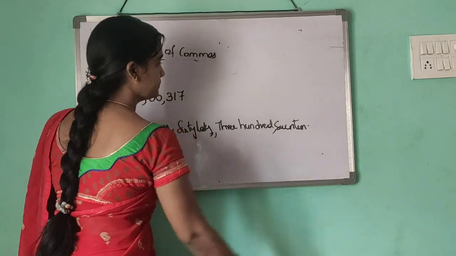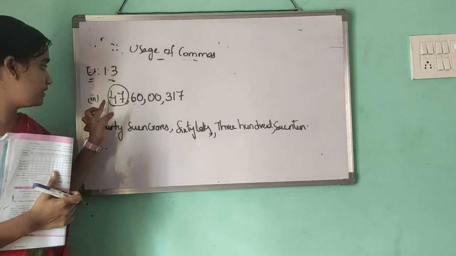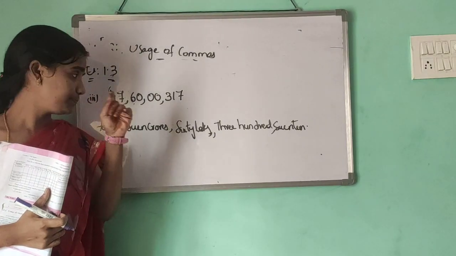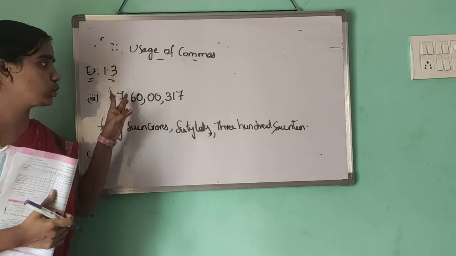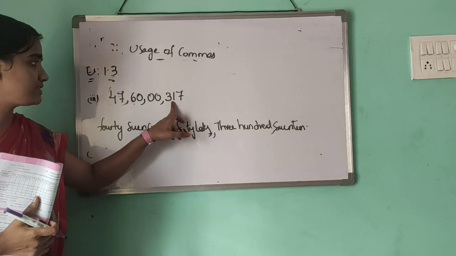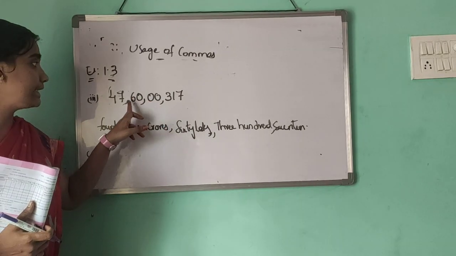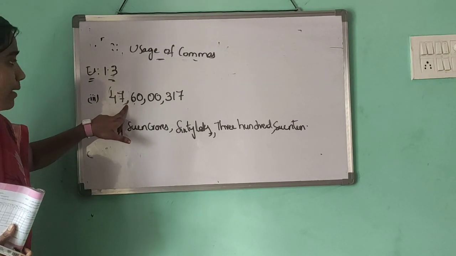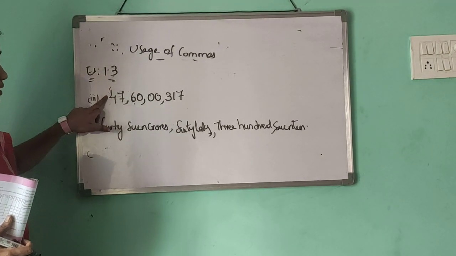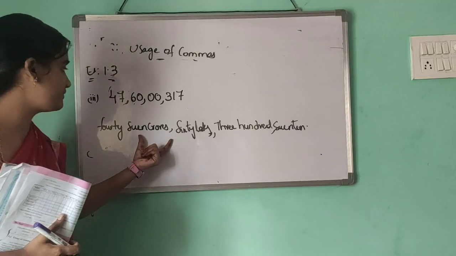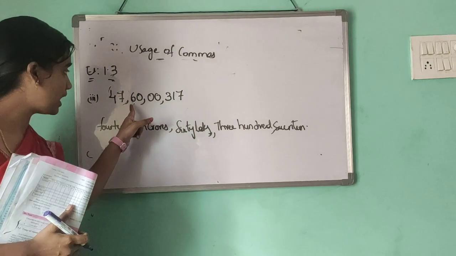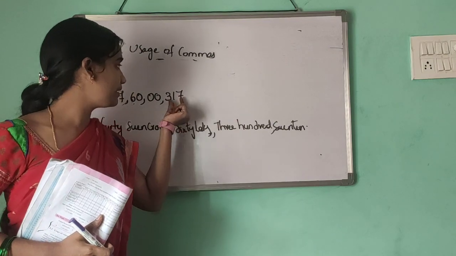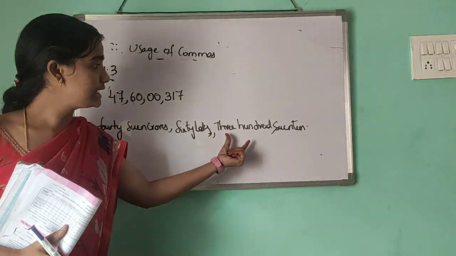317. Right? See, first we have to check the digits' places; in a large number it is easy to identify. The given number has a tens of crores place. So ones, tens, hundreds, thousands, ten thousands, lakh, ten lakh, crore, ten crores. The comma comes after two digits. So this whole part is crores: 47 crores. 60, put the rest after the comma, so 60 lakhs, 0 is not counted. Then 317, where the 3 is in the hundreds place. So 317.